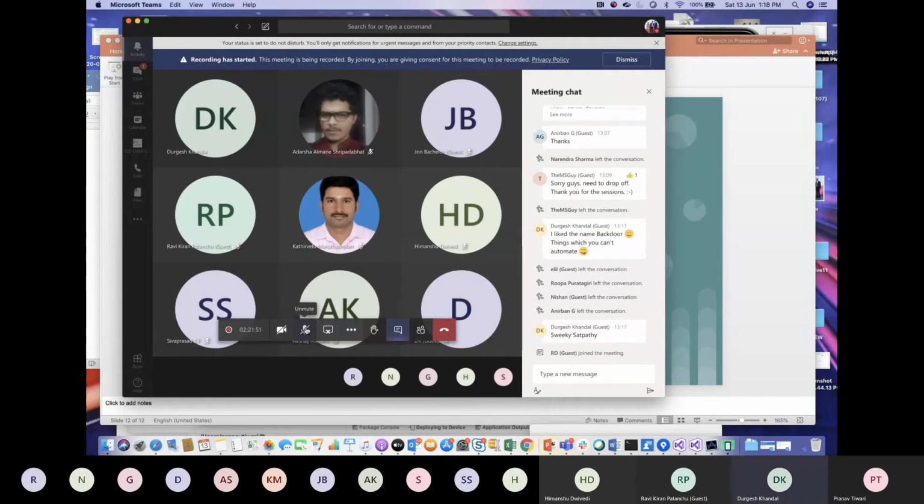Or anything related to your Xamarin projects which you are working on too. I can take this opportunity. I have a couple of questions, Himanshu. First of all, it was a really good session. Both of these sessions were filled with your experience working on these modules.